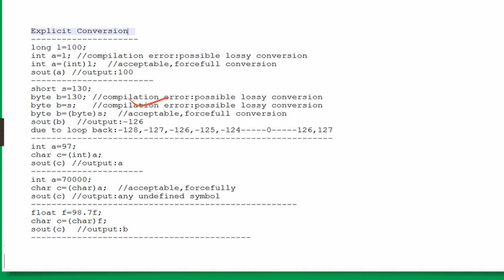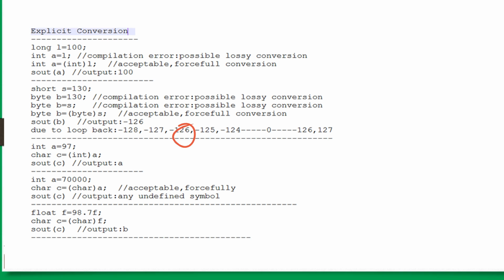But I have already told you that we can't assign a value greater than the range of a data type. So how can it happen? Let us see the output. Actually it is looping back. Here you can see that it is looping back. How? The compiler knows that byte has a range up to 127. There is nothing after that, so it will loop back to the start. After 127 it goes to -128, then -127, and so on, so it will print -126 on the console. Okay, I hope you get a clear idea how it has been done.